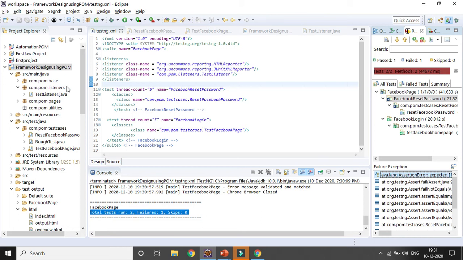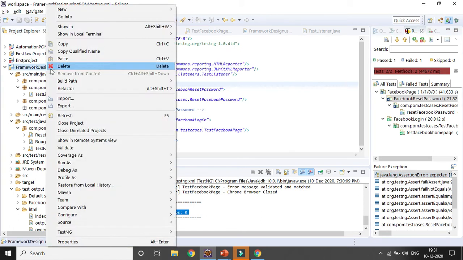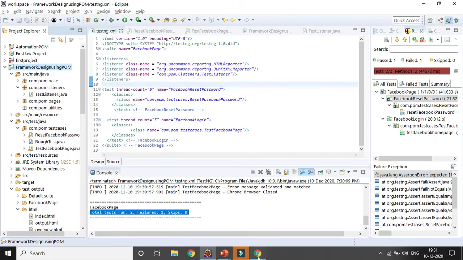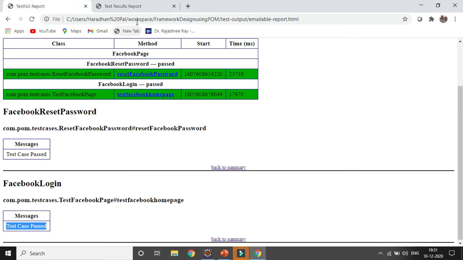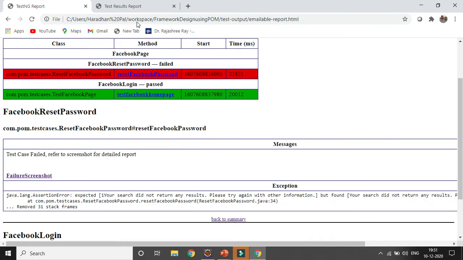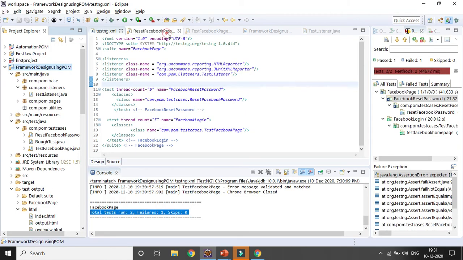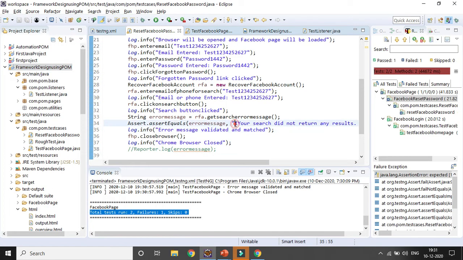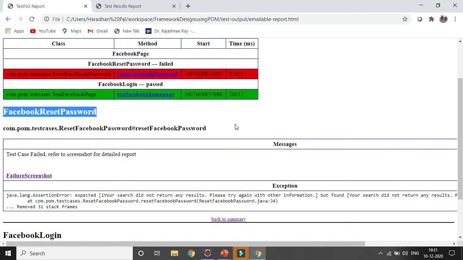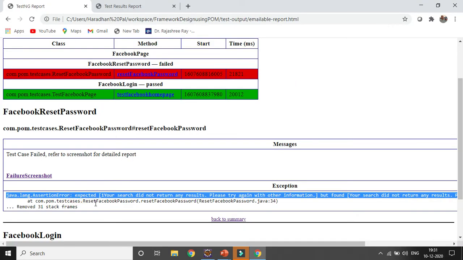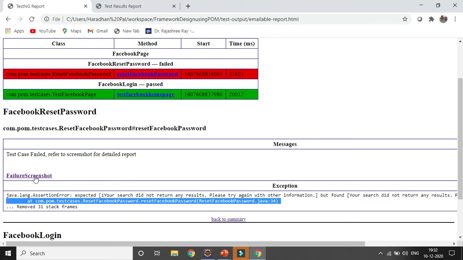Okay. Now if you refresh your page and go to the first TestNG default report, refresh it once more, you can see the Facebook reset password test case is getting failed because we added one particular word, so it is not matching exactly, and you can see the detailed result here. You can see the link, failure screenshot.